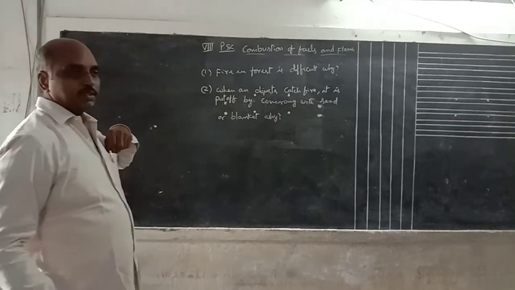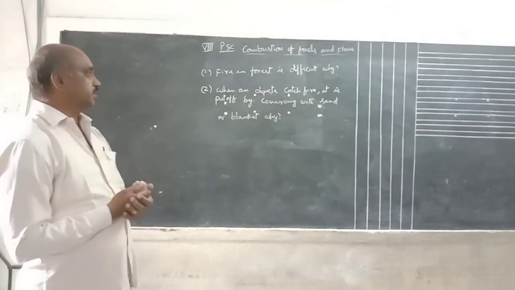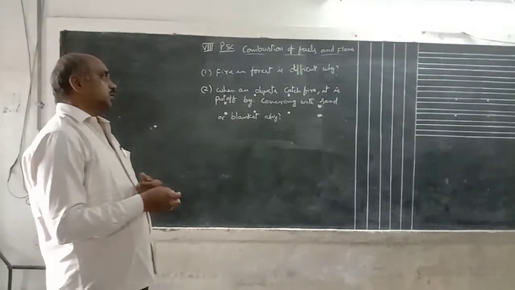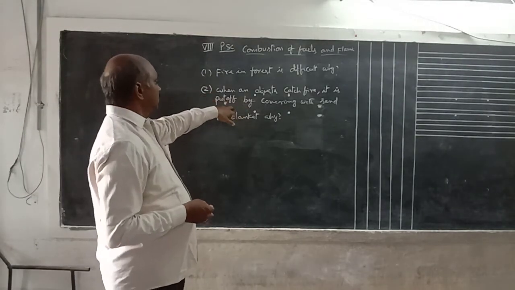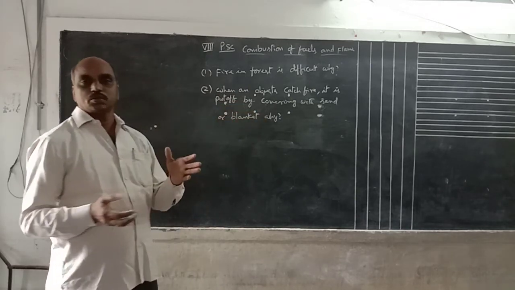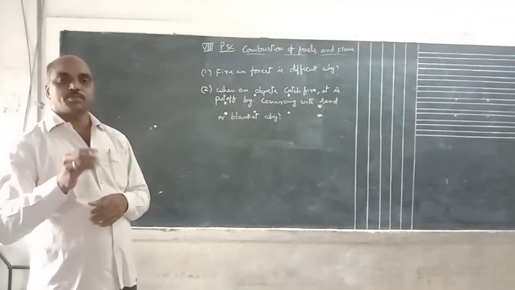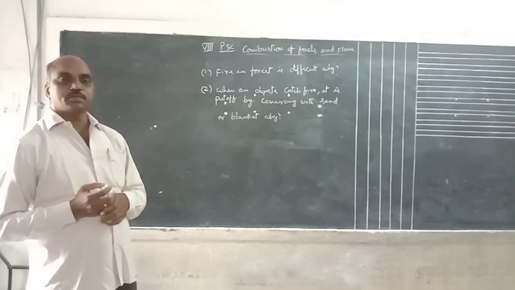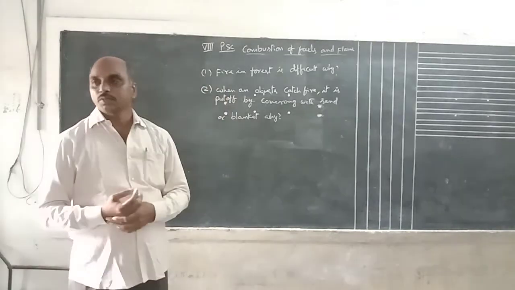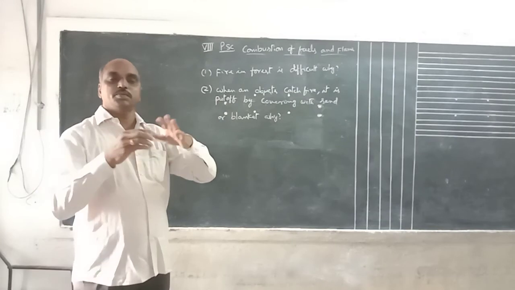Suppose some objects are catching fire. That means by an accident or short circuit, it can happen. It is put out by covering with sand or blanket. Suppose one hut is burning, it has caught fire. How do you stop that burning? By spreading sand. Sand is placed over the hut. Suppose a thick blanket, by using a thick blanket, you can cover it and immediately put it out.